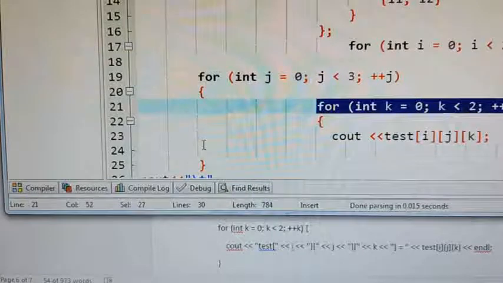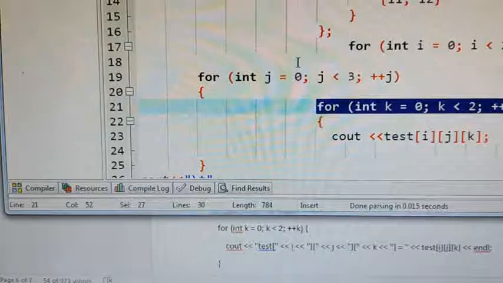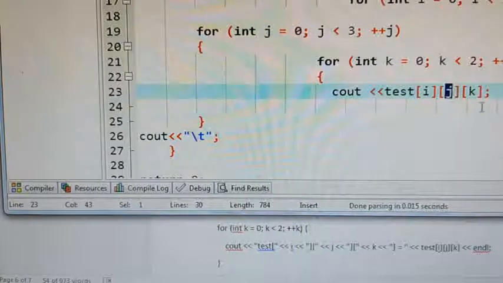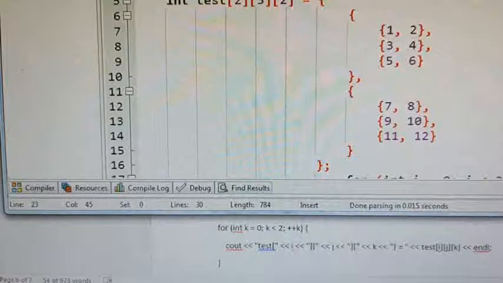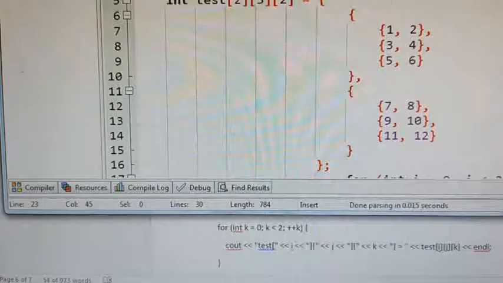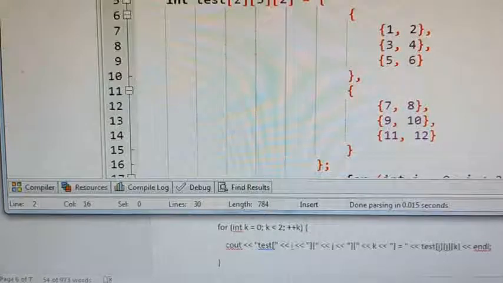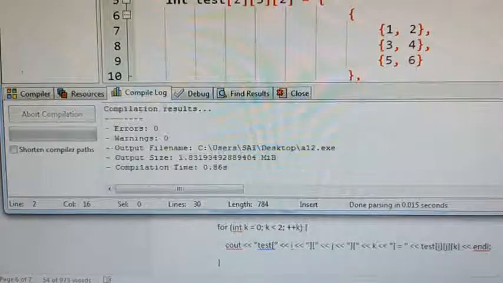For the two-dimensional array we used only 2 loops. If it is a multi-dimensional array, with more than 2 subscripts, the number of subscripts and the number of loops should be the same. So here instead of 2, we use 3: one for the matrix number, one for the row and one for the column. If it has more than one subscript, that will come under a multi-dimensional array. Here I have created 2 matrices. I will show you the execution part of this. I am saving this. Execute, compile, no errors.